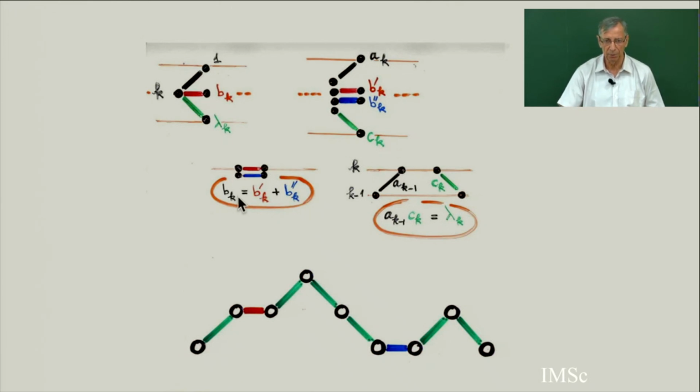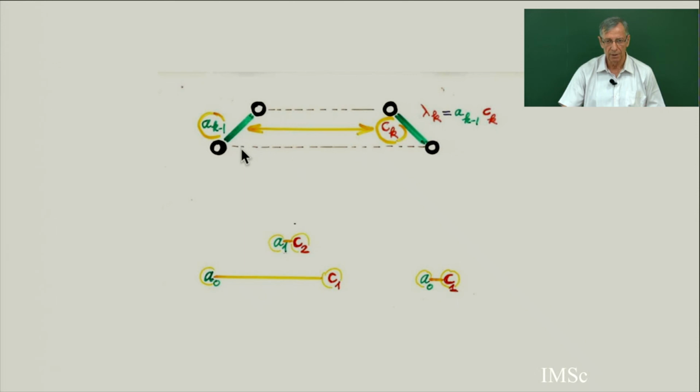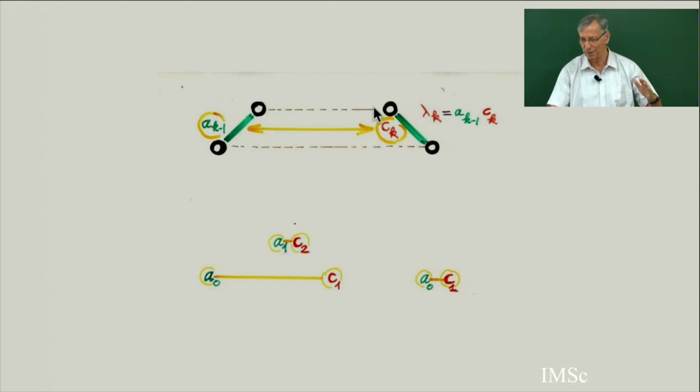So b_k is going to be such that it's split into a sum of two different valuations. The lambda_k is going to be the product of a_{k-1} by c_k, because in such a Motzkin path, every step going up, weighted a_{k-1}, is associated bijectively with a step going down, with c_k. So to this pair, I can associate the product. It's like, instead of putting the weight on the northeast step and the southeast step, I can concentrate the weight on the southeast step, so that the sum of the weights is going to be the same.